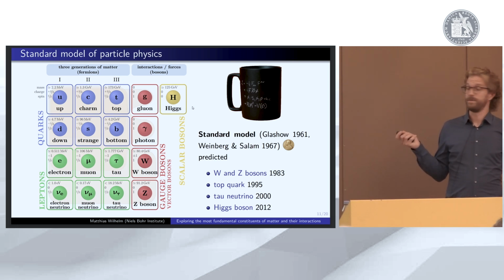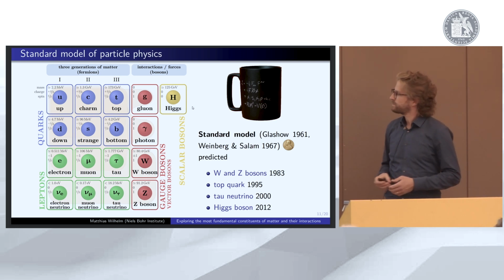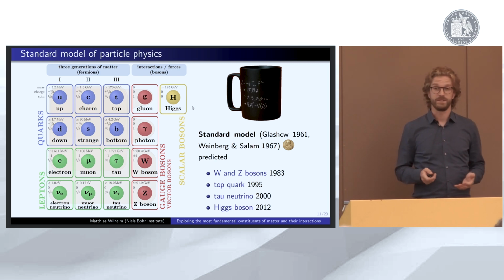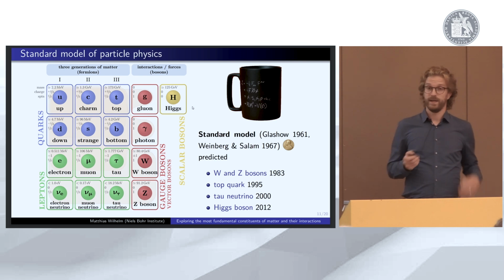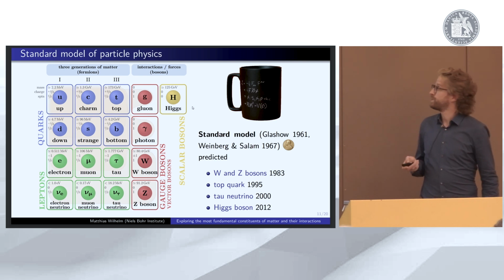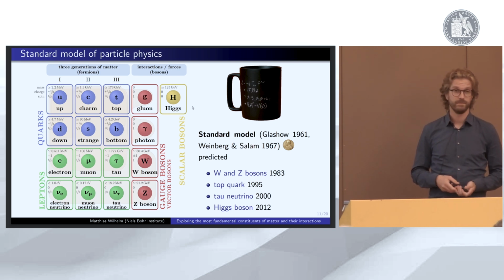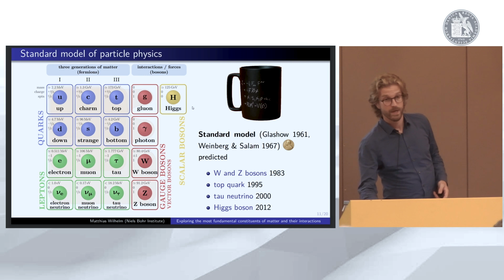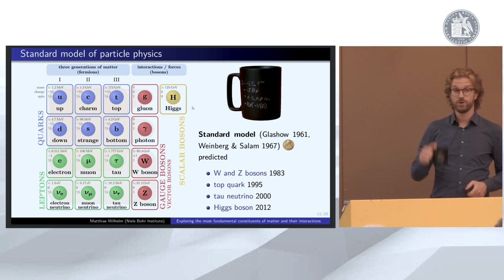Now, based on the particles that were known at the time, Glashow, Weinberg, and Salam, as well as others, proposed a theory that describes the fundamental interactions, unifying quantum electrodynamics, the weak interaction, and quantum chromodynamics in what is called the standard model of particle physics. At least in a schematic form, the equations governing this theory are so short that you can even print them on a coffee mug.